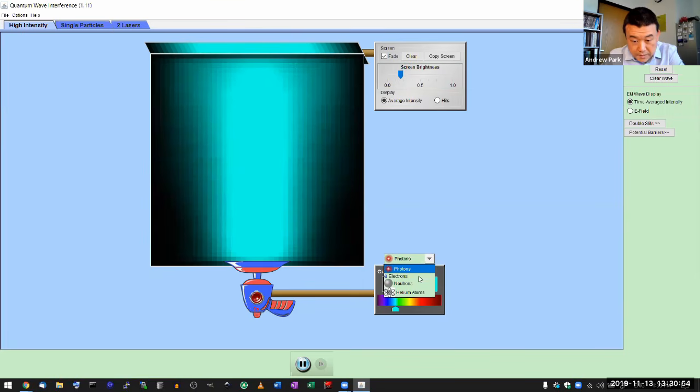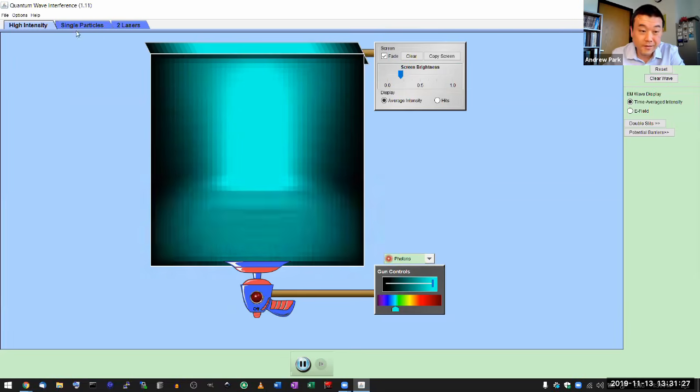So all these particles here have both a wave and a particle nature. That would be what we mean by the wave-particle duality. So let me just stick to photons, which are particles of light. We have already talked about light as a wave, and now what we are saying is that this light has particle nature. And I think it's easiest to describe the particle nature in single particle mode. So let me get to that, single particle mode.